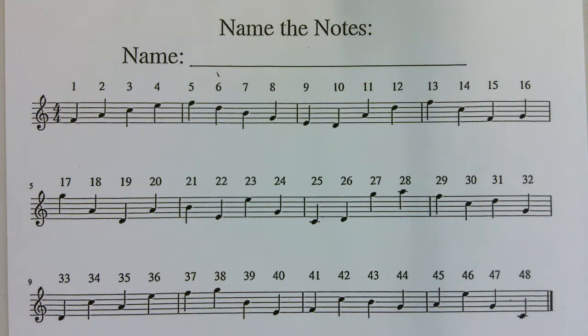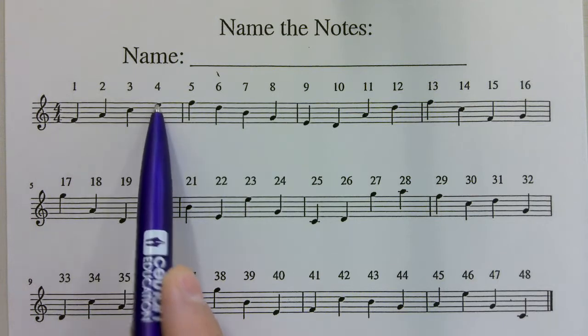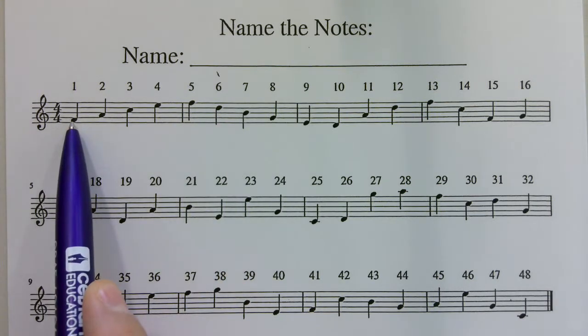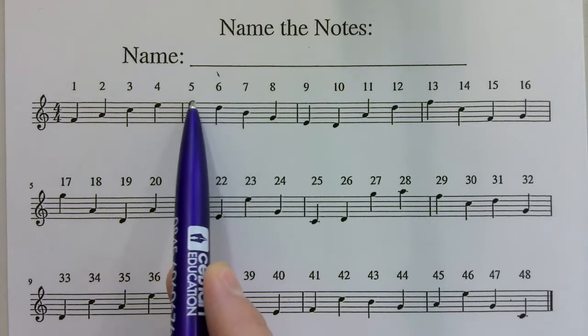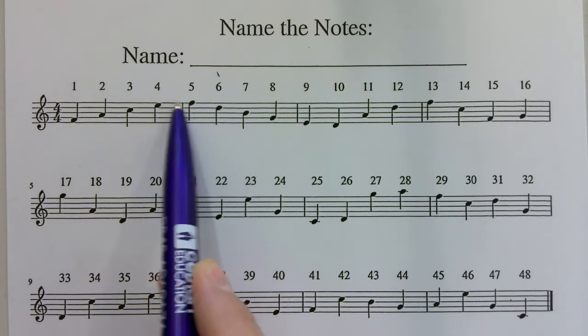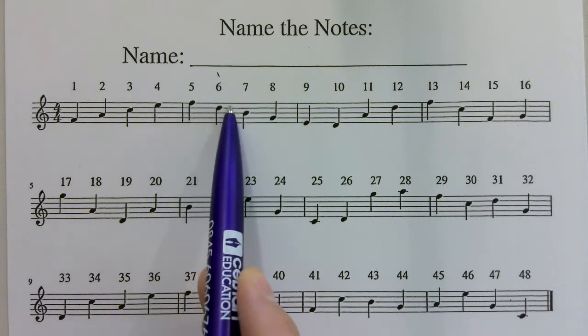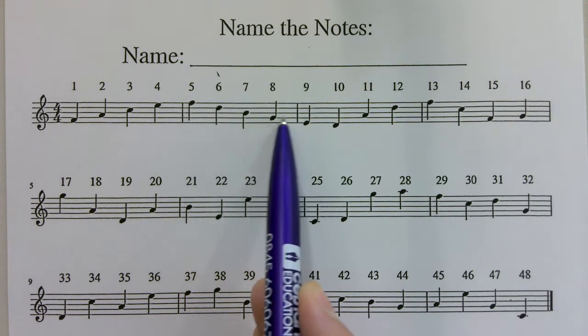Right, so we're talking about pitch. Now, we've got to remember two things. A note is either on a line. When I say on a line, like this note's on a line because the line goes right through the middle of it. This note's on a line for the same reason. All of these notes sit on the line goes through the middle.